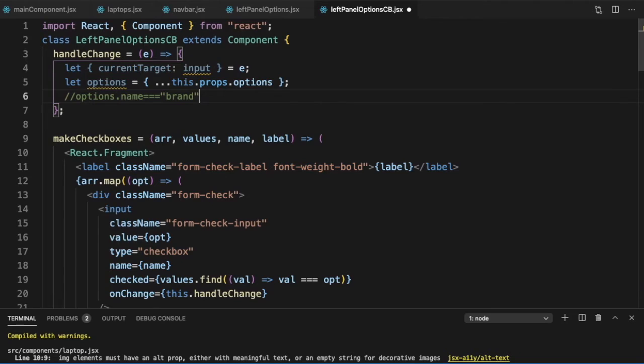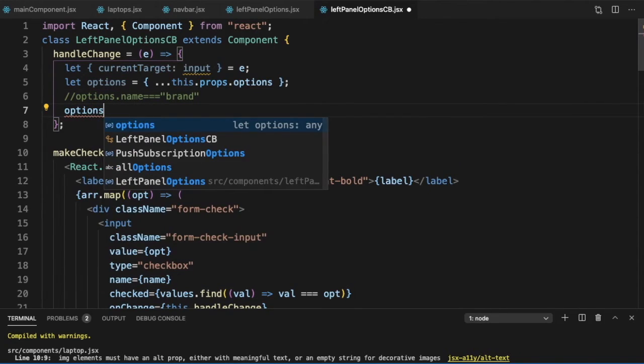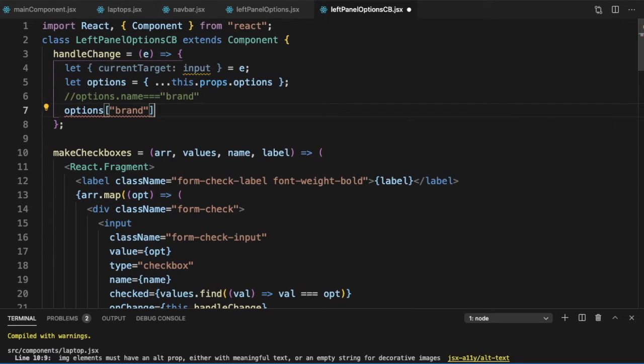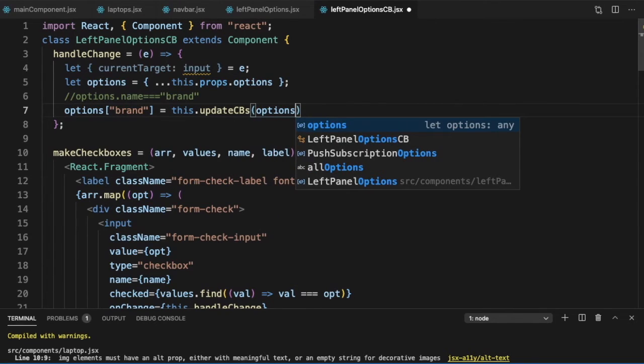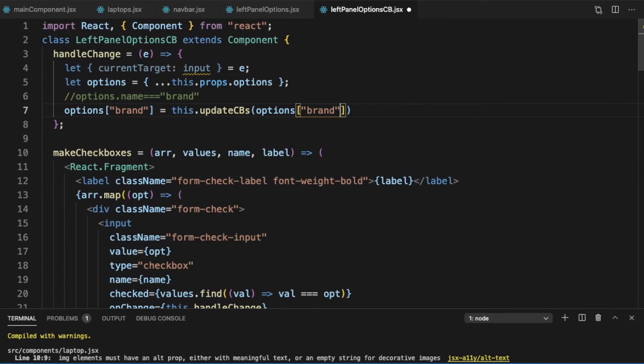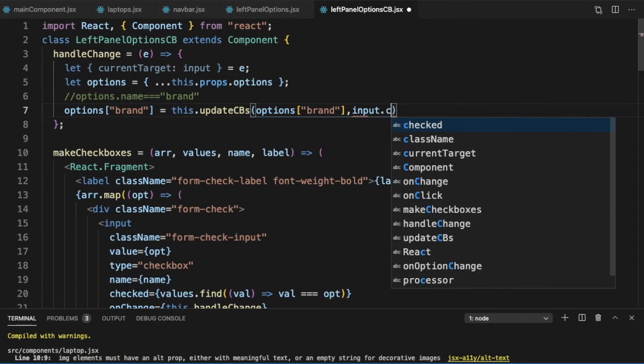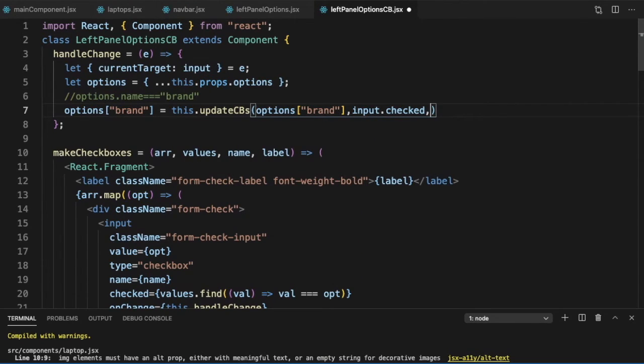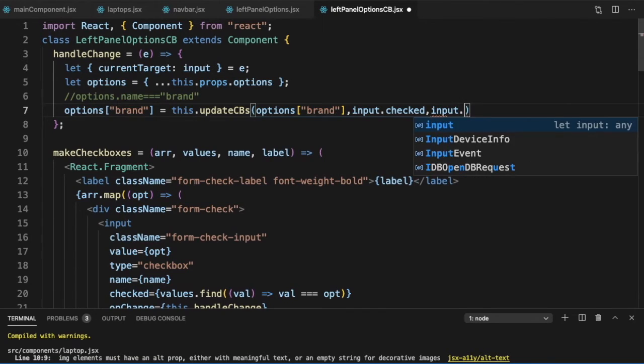So if this was the case, then what should we need to do? We should be able to say options brand is equal to, and like we have done earlier, this dot update cbs, we will create a function which will update it. And what all will we pass to it? We will pass this, the existing array options brand, then we will pass it the input dot checked, and we will pass it the input dot value.